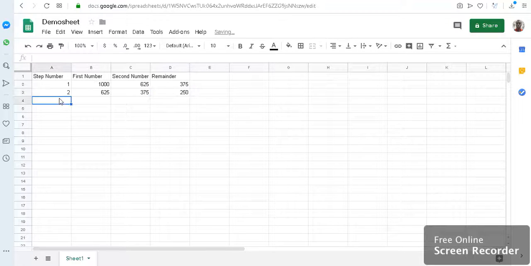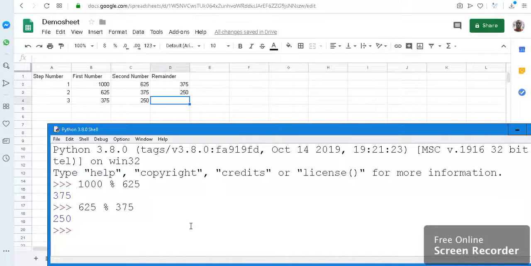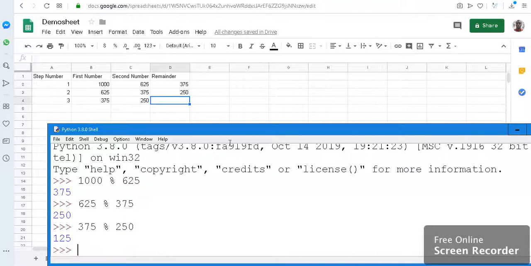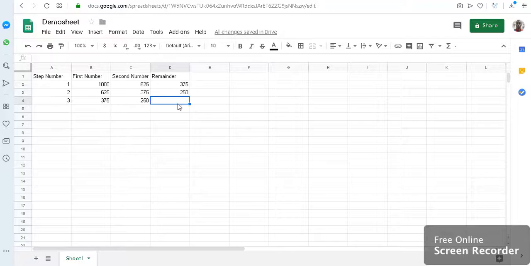This comes here and this is now 250. Now for step 3, we'll bring this here, we'll say 375. Bring this here, we'll say 250. Come here and we'll say 375 modulus 250. Now the answer will be 125, and so we'll come here, we'll say 125. Now step 4 would say bring this here, 250,